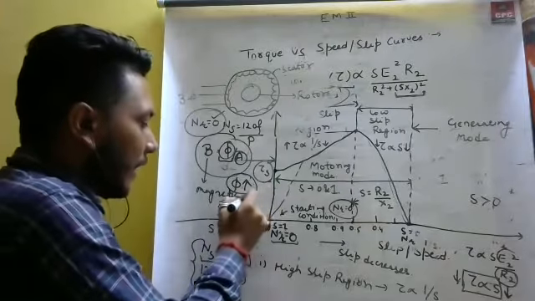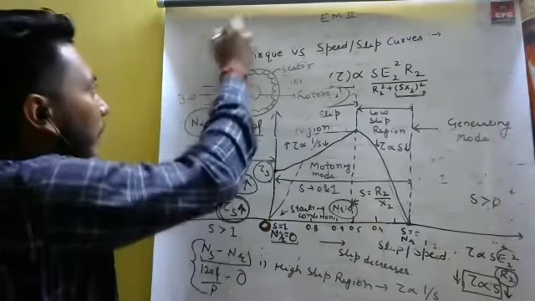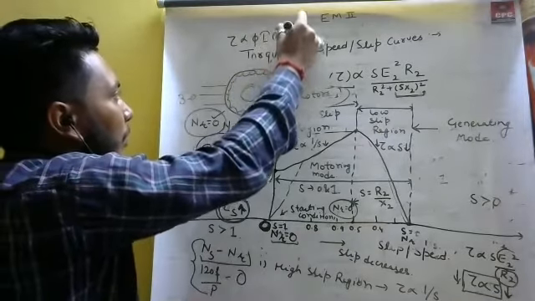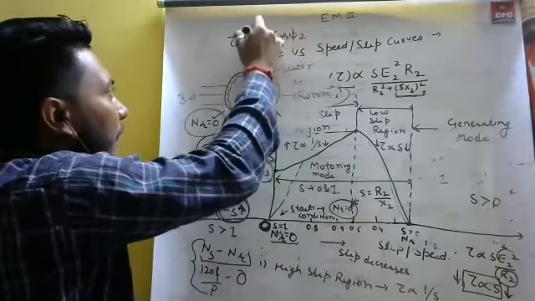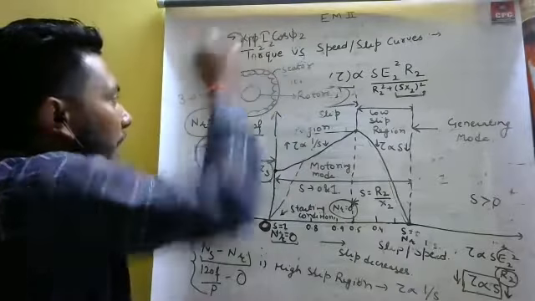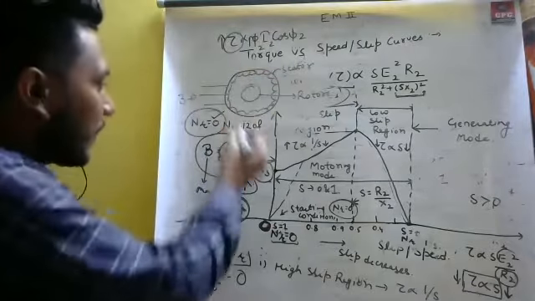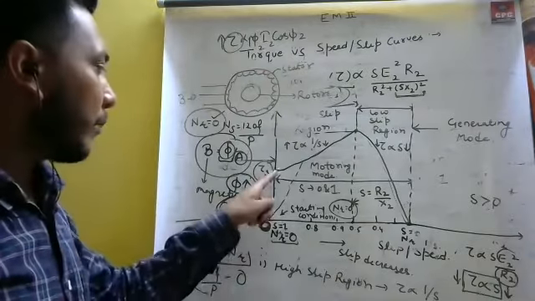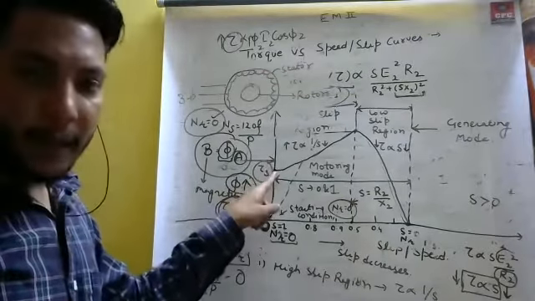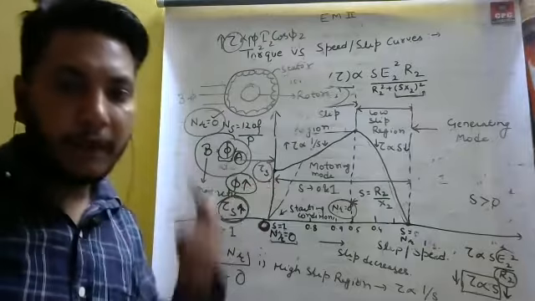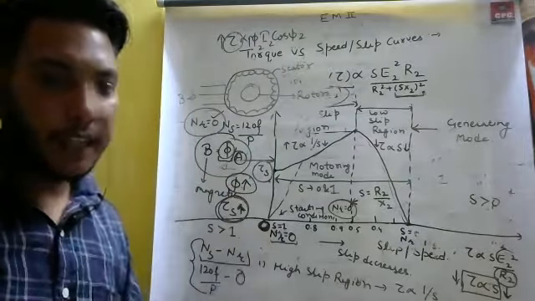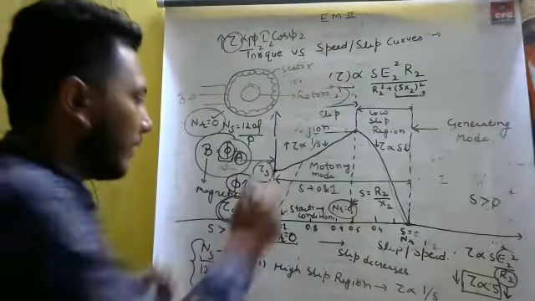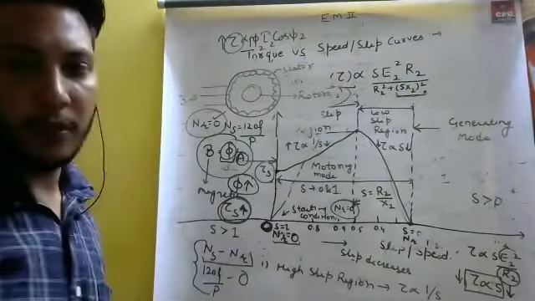If the flux cut is high, the torque is also high, because torque is directly proportional to phi into I into cos phi 2. So the starting torque is very high because we are talking about the starting condition, not the running condition. The main reason this point shifts here is that the relative speed between the stator and the rotor is very high. So this curve starts from this point and never starts from 0. Thank you.